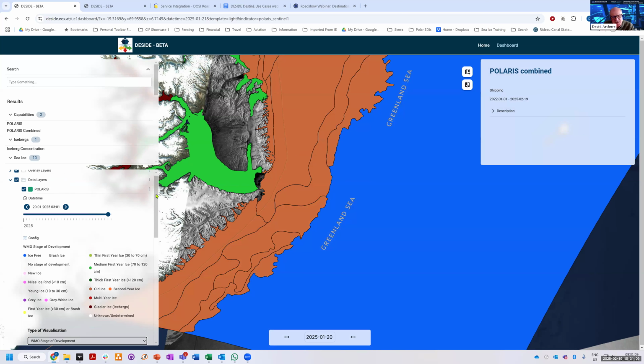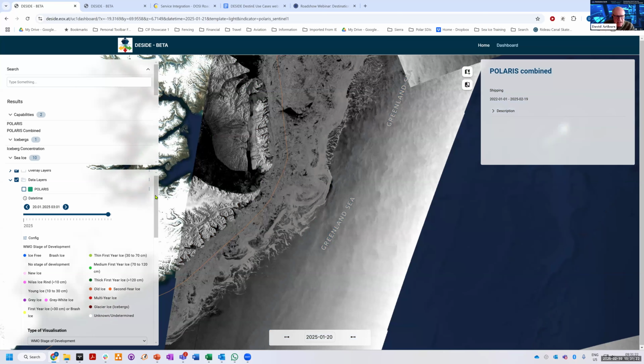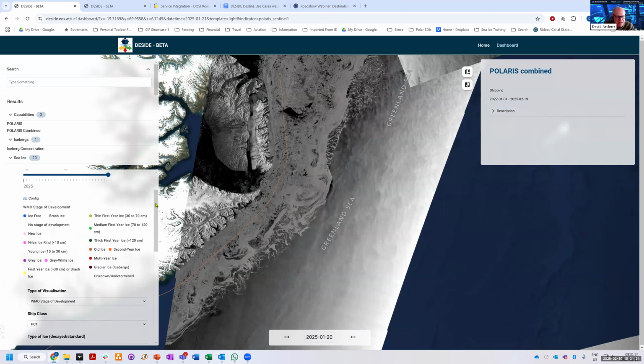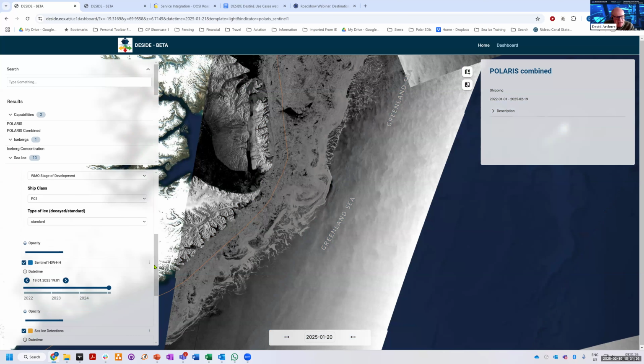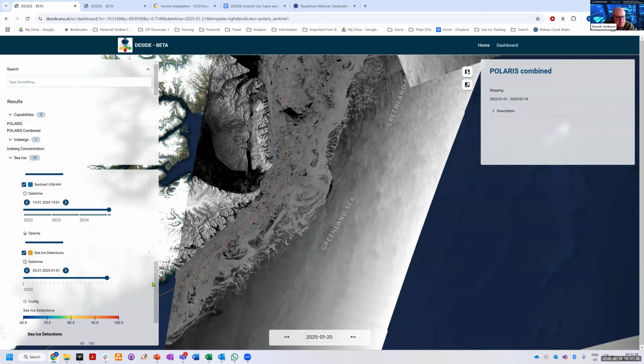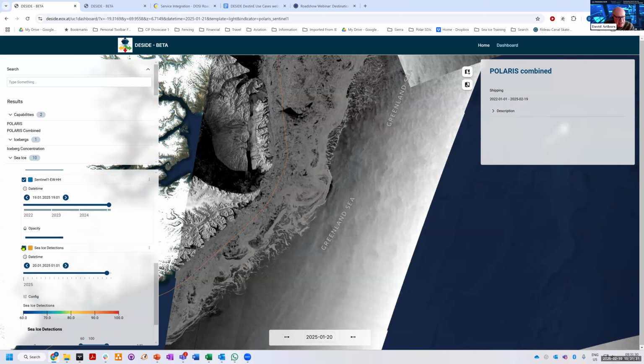The trouble with ice charts is that you have a human in the loop, so the human has to have analyzed the data. That can take time, which means the ice charts are sometimes a little bit out of date. So instead, and this is more experimental in a sense,